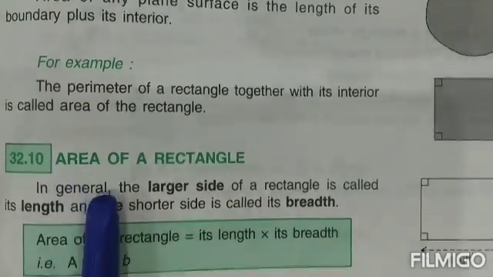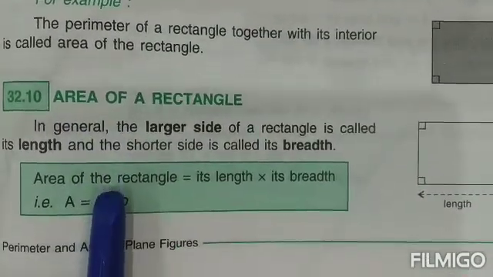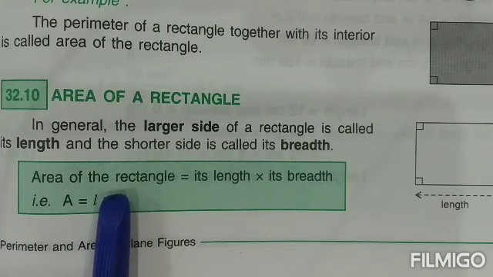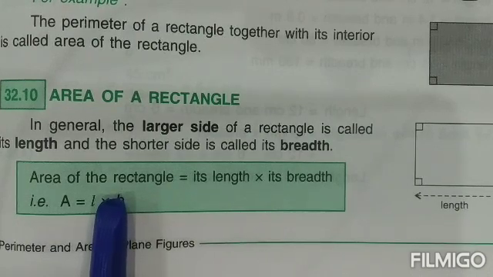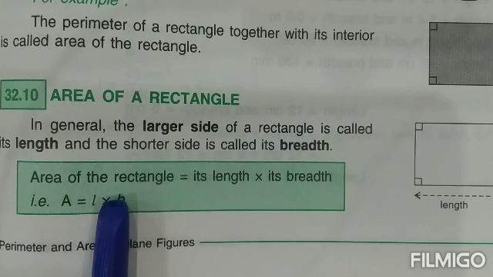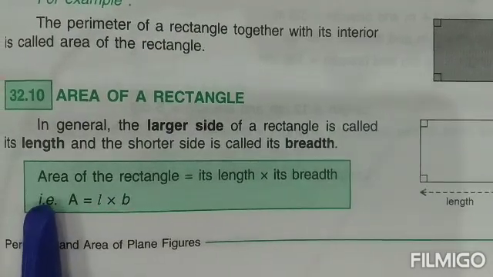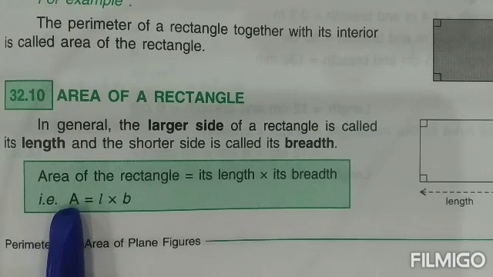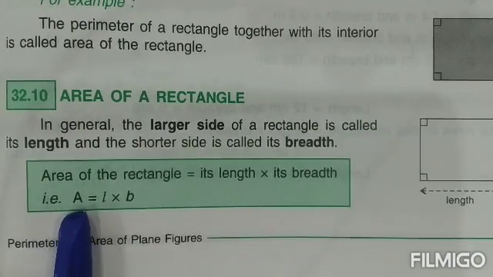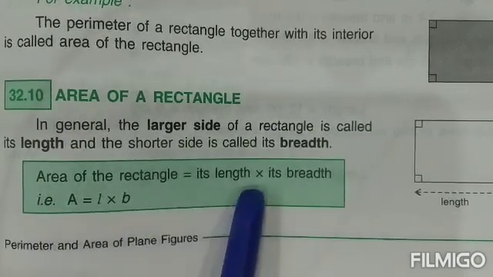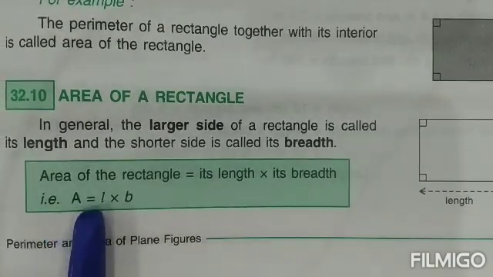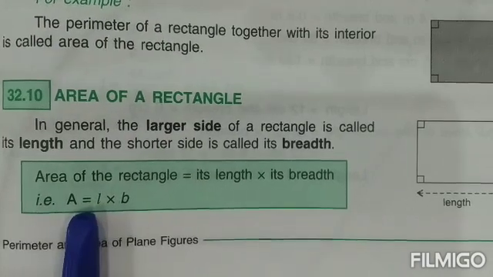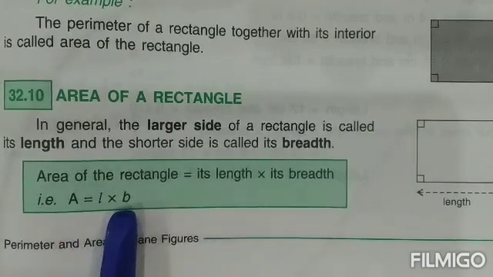That means now in area, children, we are going to take the complete figure, and whatever portion of the land, or the portion of anything, is being covered inside a particular perimeter is termed to be the area. Now coming to the first thing, area of a rectangle will be calculated by a formula. Area is equal to length into breadth. In short, you can write it as A is equal to L into B. L stands for length and B stands for breadth.